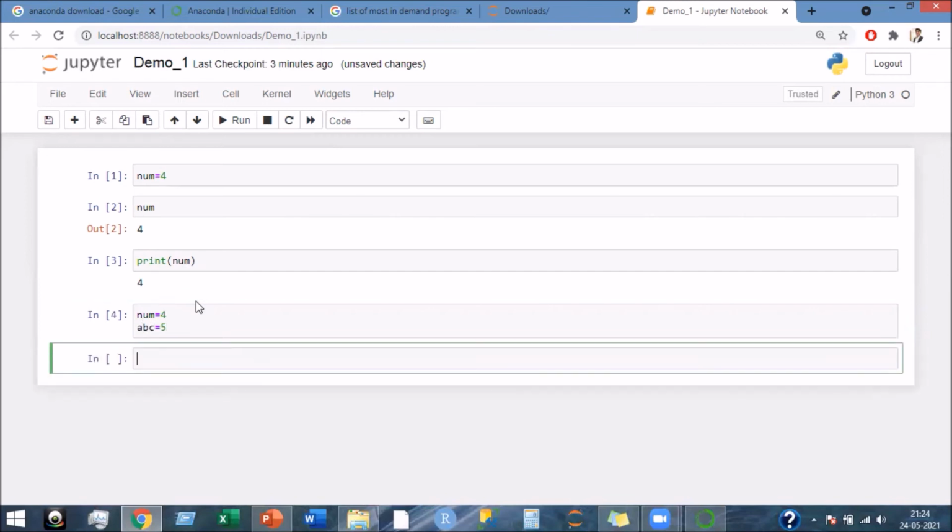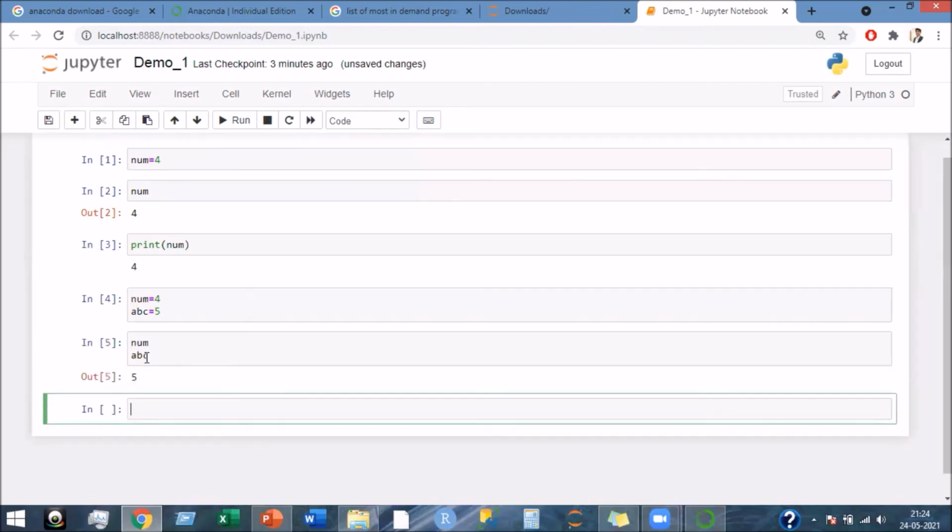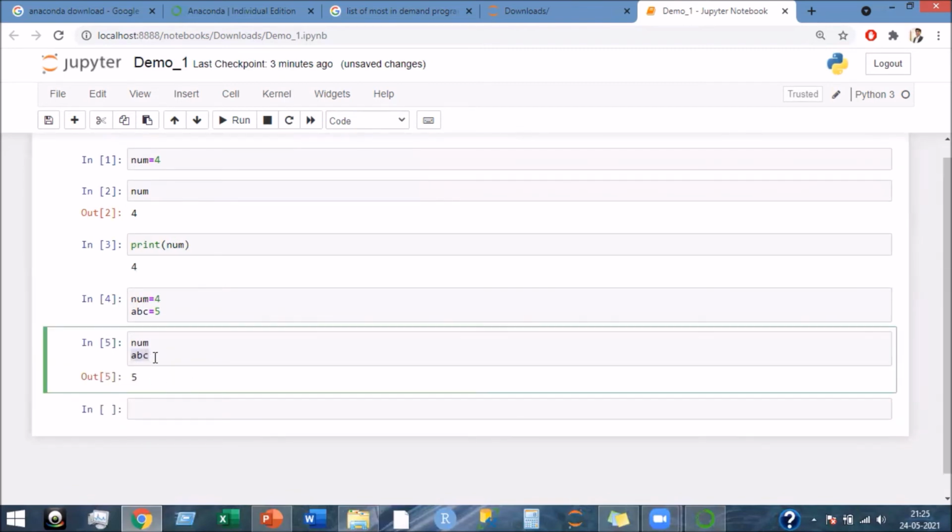So when I run this, I have assigned the number 4 in the num variable and the number 5 in the abc variable. If I run abc together, it only shows the output stored in the variable abc. It will not show the other one.